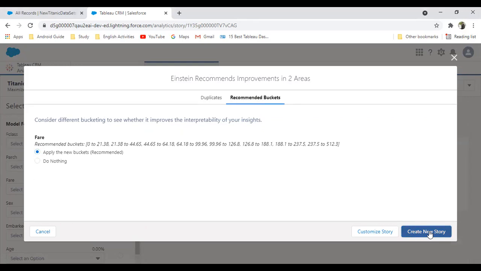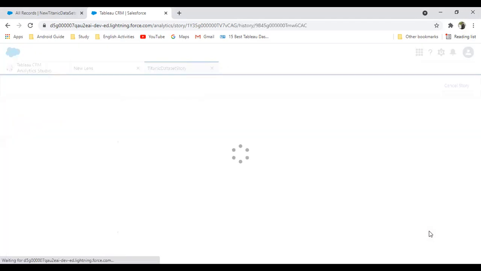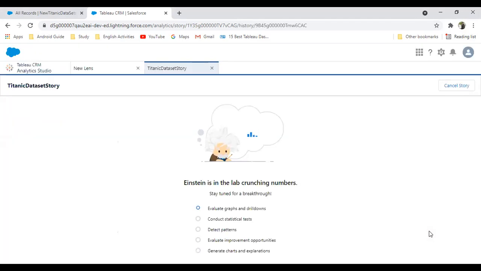When we click on create new story, it will again reanalyze the things based on the new selections we have made. See this, this time it would be faster as compared to last time, but obviously it will do the analysis again, and it will analyze the trends again and present the trend in the form of graphs.